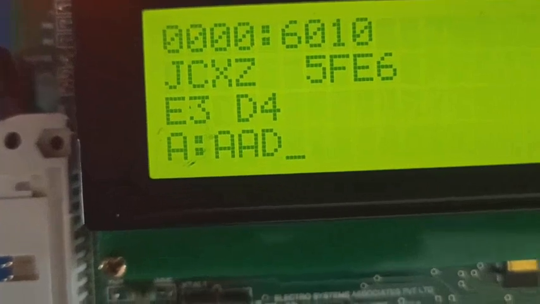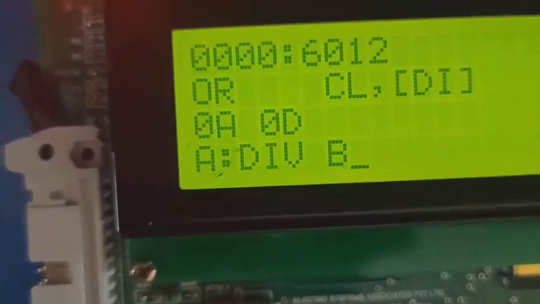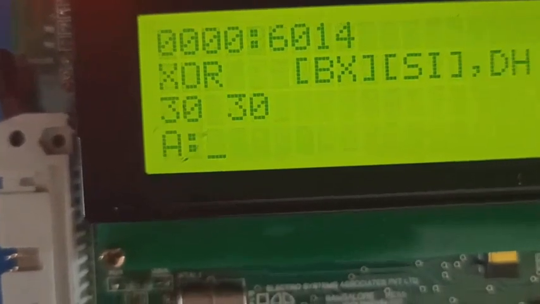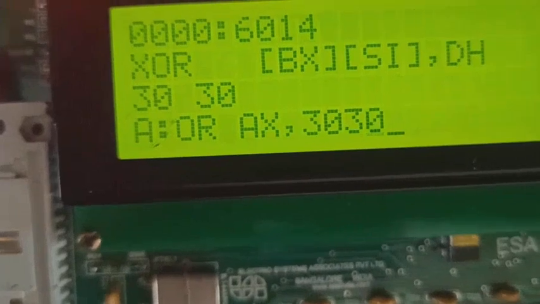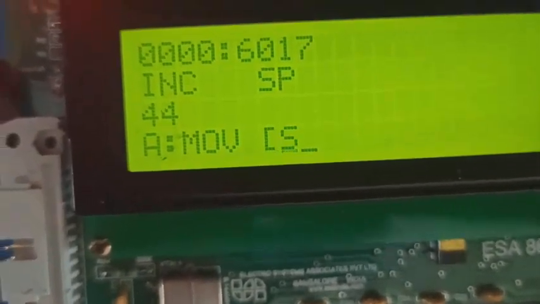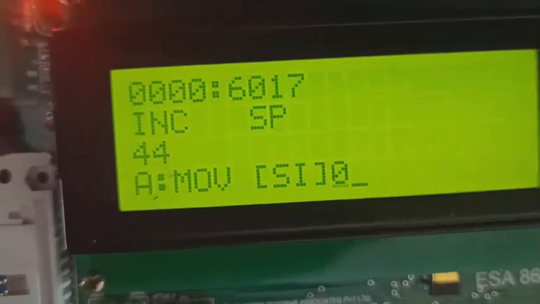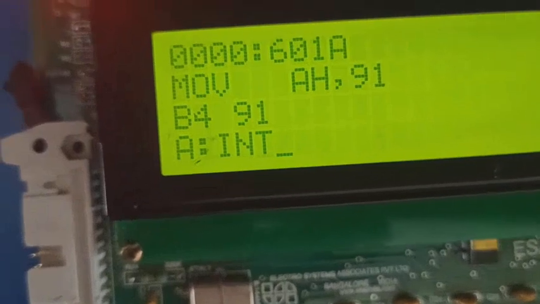Then ASCII adjust before division, AAD, then DIV BL, then OR AX, 3030, and then MOV [SI+03], AX.